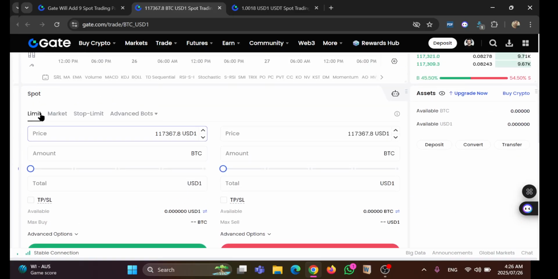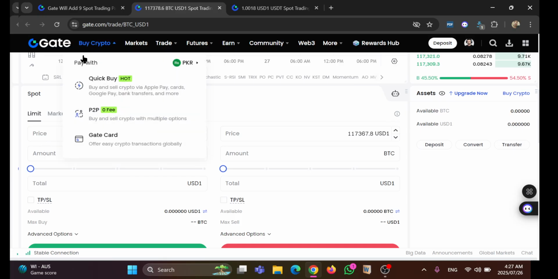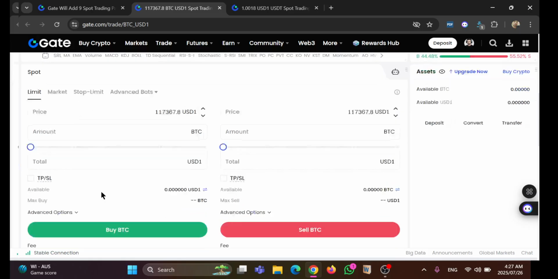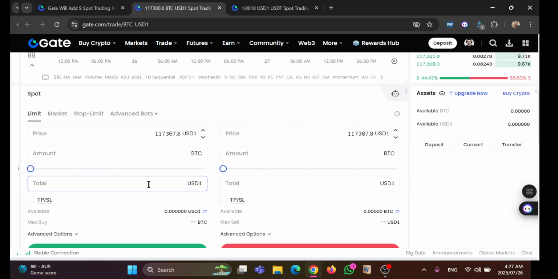And you can buy this. You can trade in this USD1. You can buy Bitcoin. Here you can enter the amount in the form of Bitcoin or in the form of USD1. You can also set limit. Limit you can increase or decrease price from here. Just you can change the price here, like you want to buy at